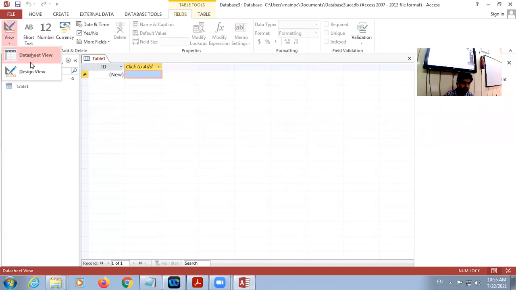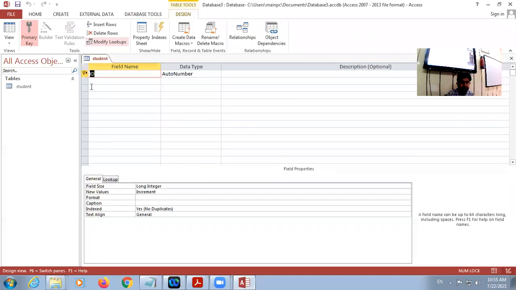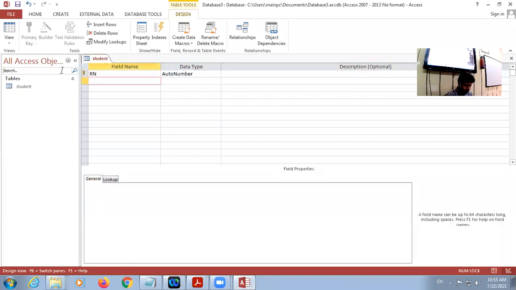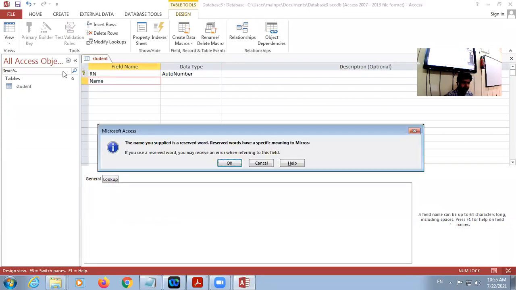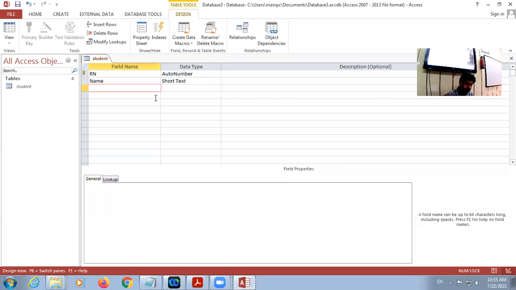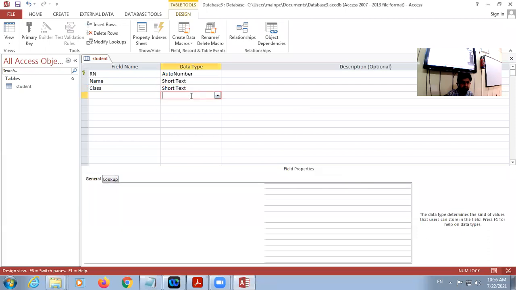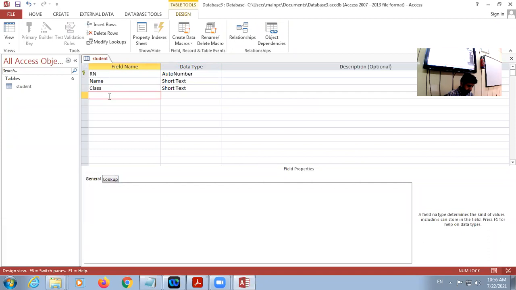I am opening the table in design view. Table name is, suppose, student, and I take here roll number, then name, then class, then marks.